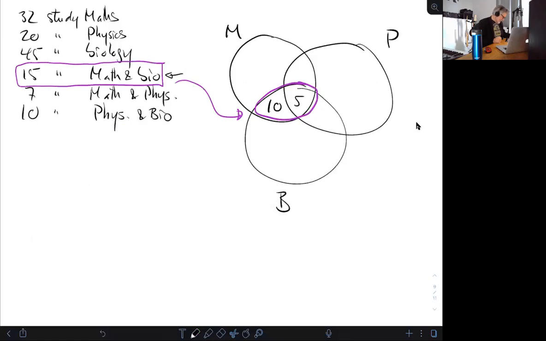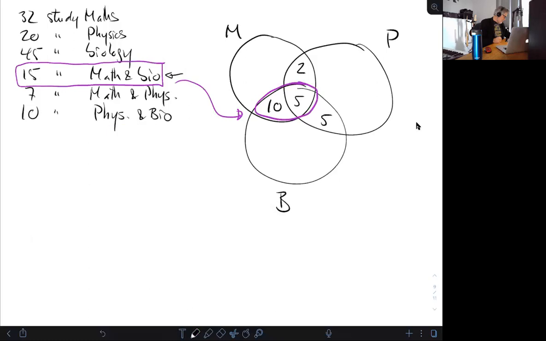Okay, math and physics, I've got a total of 7. I've got 5 in there, so that'll give me 2 over here, right? And then biology and physics is 10, so that'll give me 5 over here, right? And then